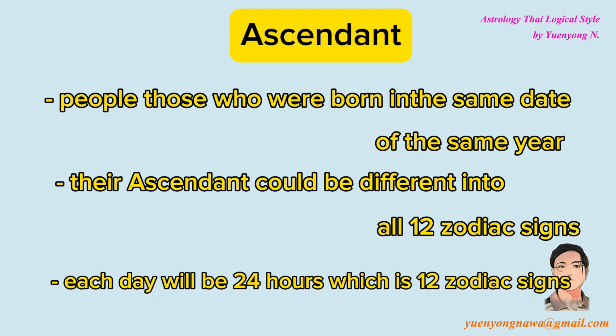If the time of birth is between 8 o'clock to 10 o'clock a.m., approximately, the ascendant will be on the next zodiac sign. It will move one sign for each approximate 2 hours. Each sign will take a slightly different time period. We have to calculate it for being sure. Each day will be 24 hours, which is 12